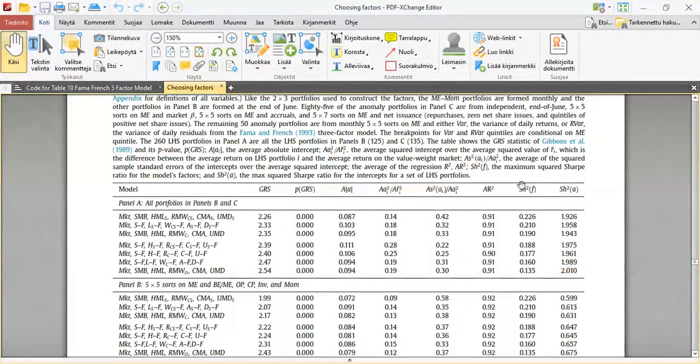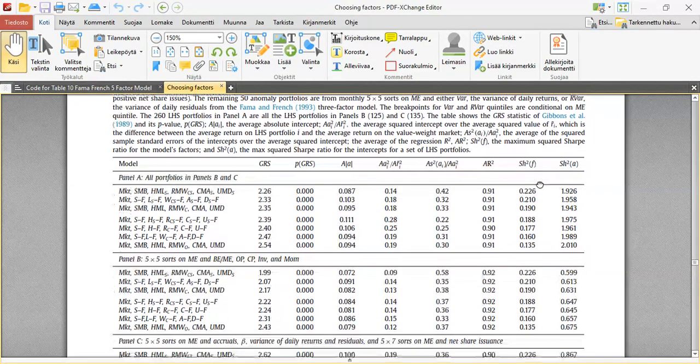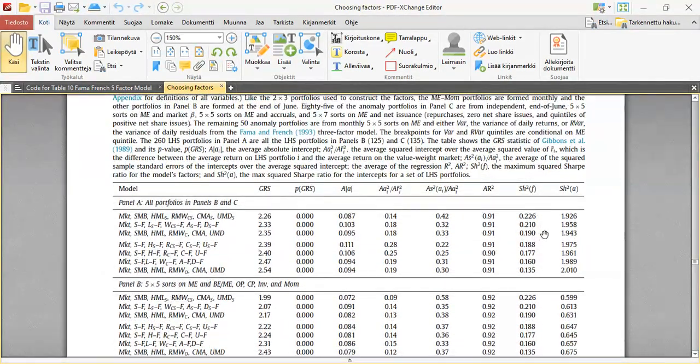And if we now move to the right-hand side test, using the maximum squared Sharpe ratio approach as proposed in Fama and French, we see also the same patterns. The maximum squared Sharpe ratio decreases linearly as we move from the first model to the last model. So using a 6-factor model with small spread risk factors and using cash profitability produces a maximum squared Sharpe ratio of